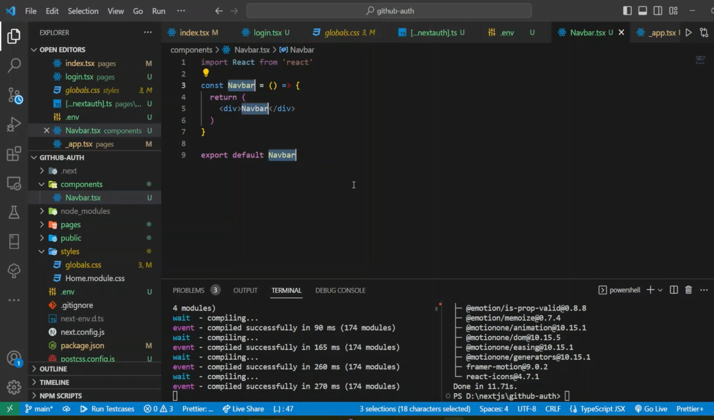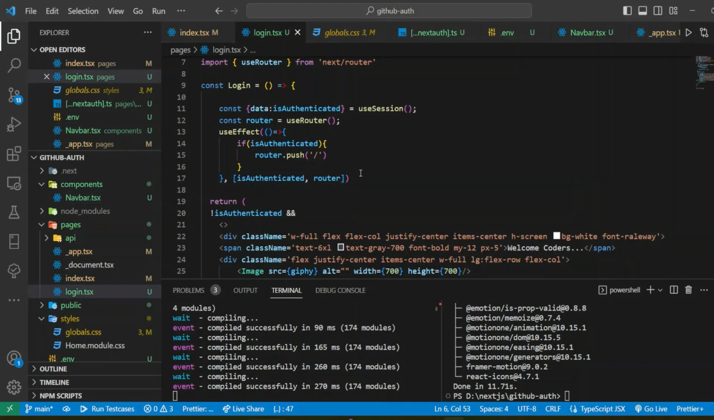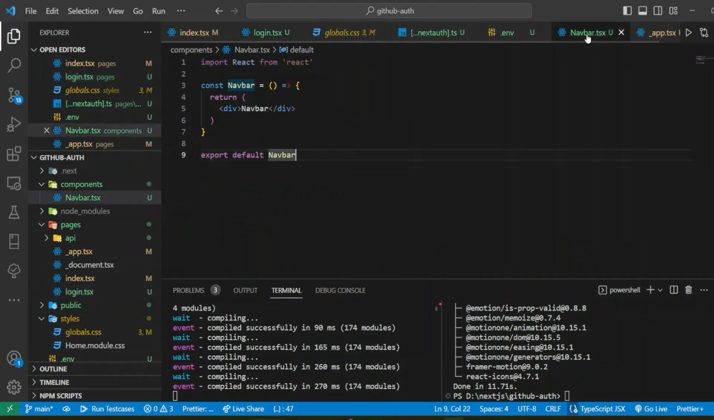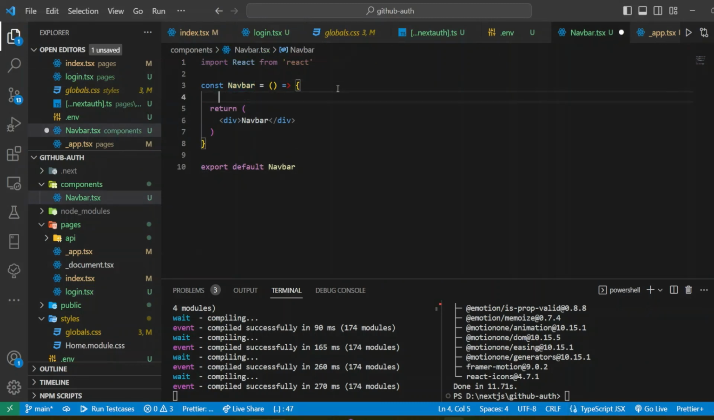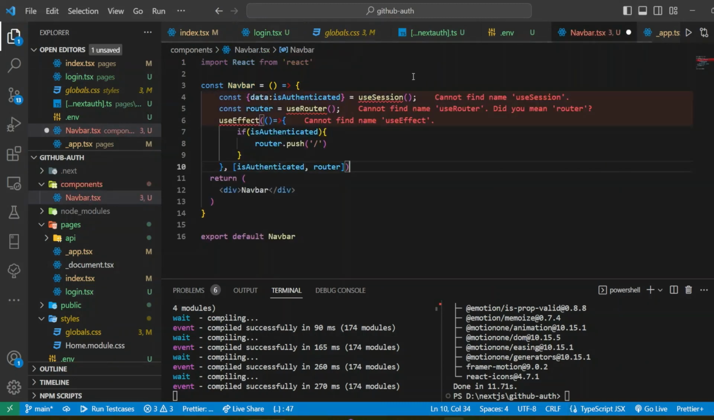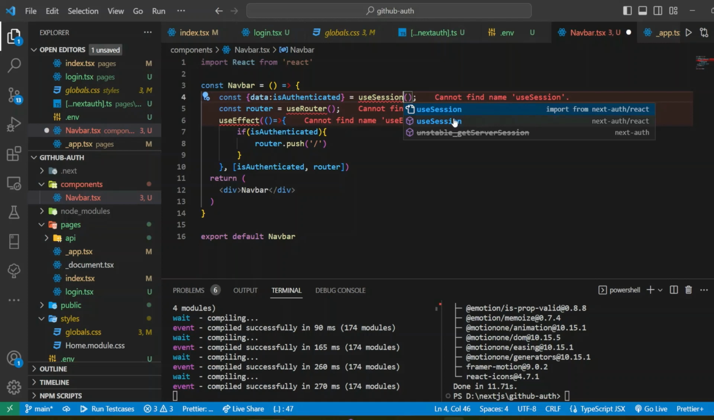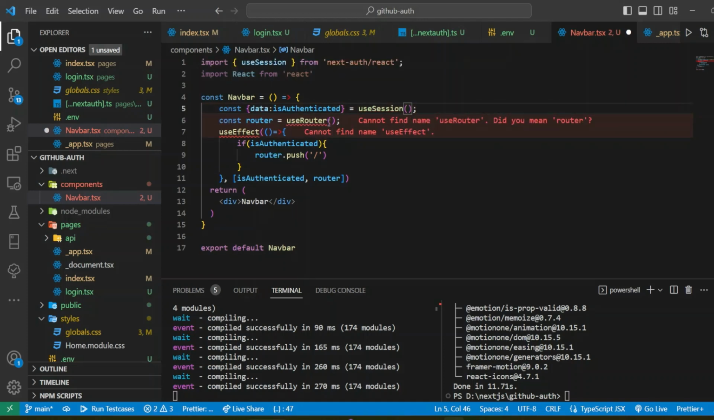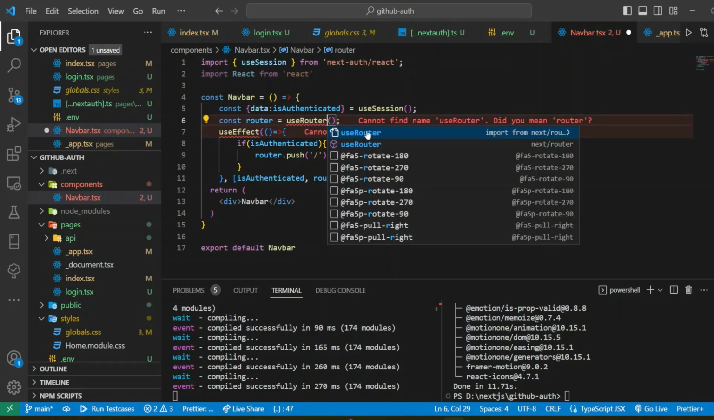Now let's first copy some of the code from the login page. I will copy this portion of useEffect in the navbar, paste it here, and this portion also, the imports, let us do it. This, the router,